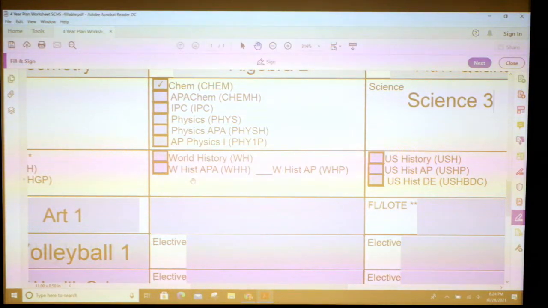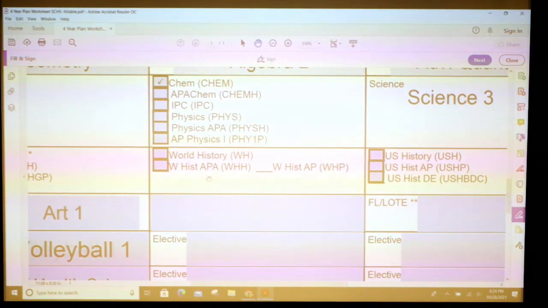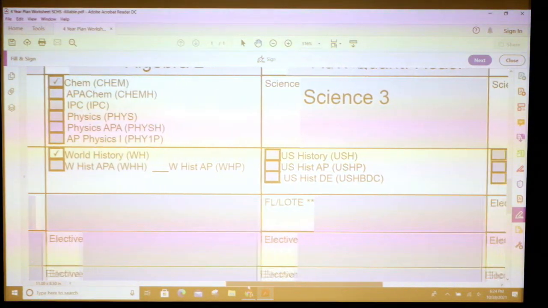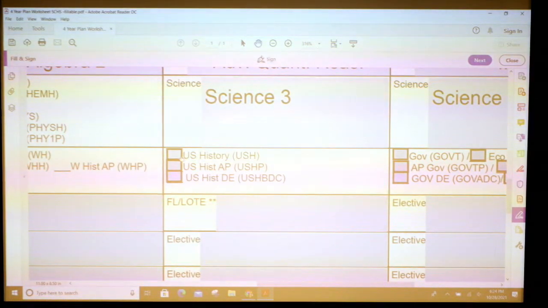History. All right, so you get to choose. We have some choices here. World history. So you make a choice there. We do have AP European history that's offered as well. We can always write that in. So that's a choice for 10th grade as well. So make a choice there. Make a choice over here. You have 3: U.S. history, AP U.S. history, and dual enrollment. The pre-AP is gone once we get to 11th and 12th grade for English and history,